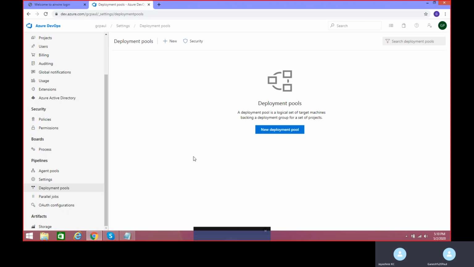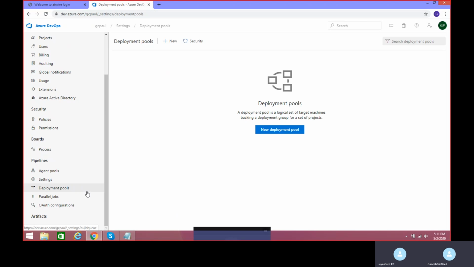But you should understand that we have something called deployment pools. Deployment pools are similar to your environment. Once your application is ready, you need to deploy it. Where will you deploy that application? Are you deploying it in the dev server, the QA server, or the production server? These three are your three different deployment pools. A deployment pool can also be based on the client. We'll see that later.